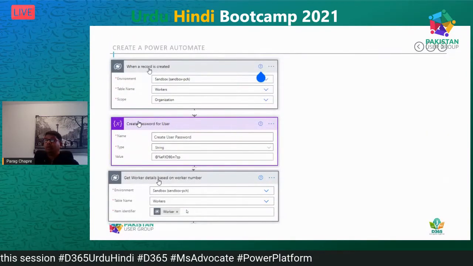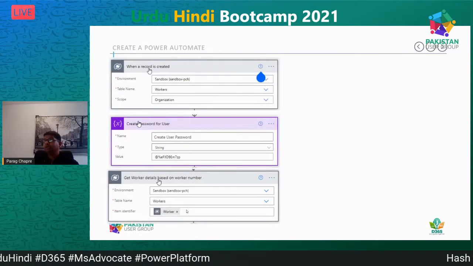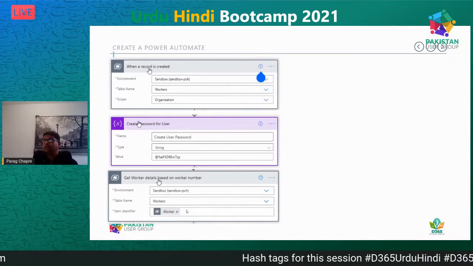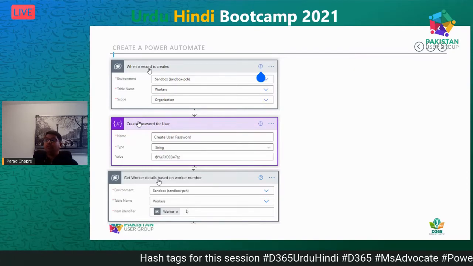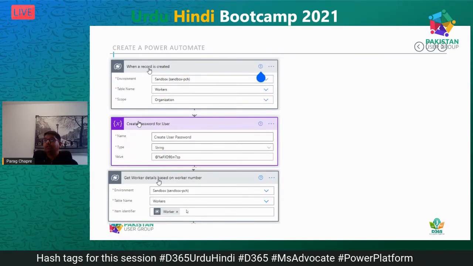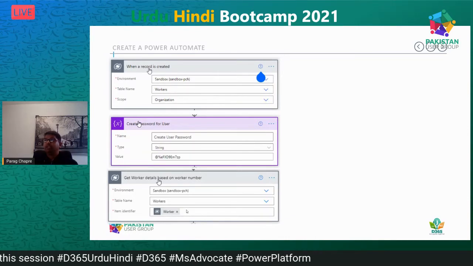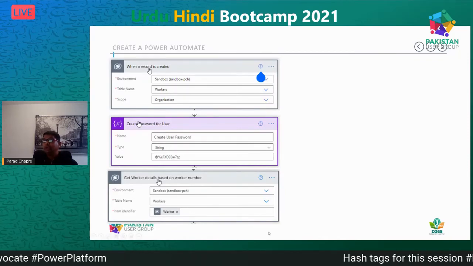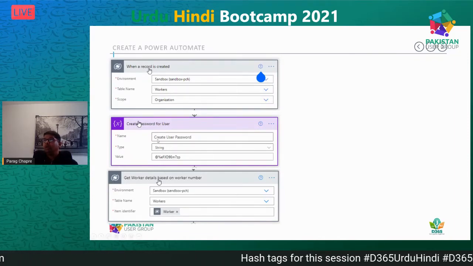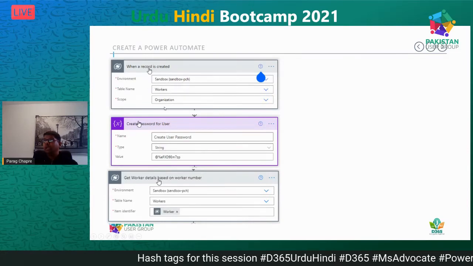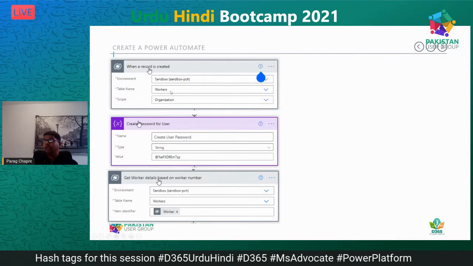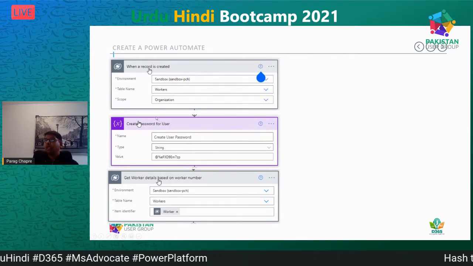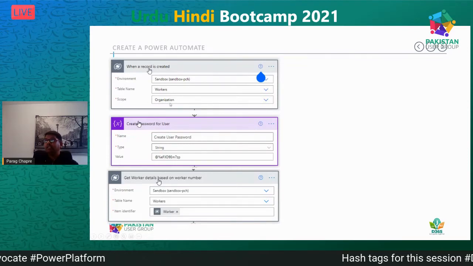Okay, how to create a Power Automate in Dynamics HR. First we have to log in with flow.microsoftdynamics.com, and then we have to use the event from Dataverse. In Dataverse we have different events, like when the record is created, updated, or modified. So in this case we will use the event when the record is created. We have to provide the environment URL, and then we have to get the entity from Dataverse, such as workers. Its technical name is CDM_worker, and we have to define the scope as organization.